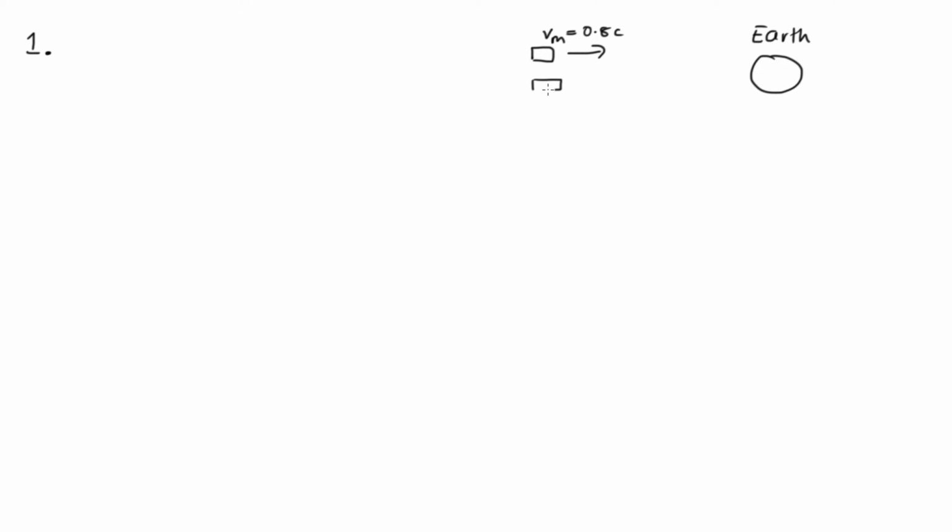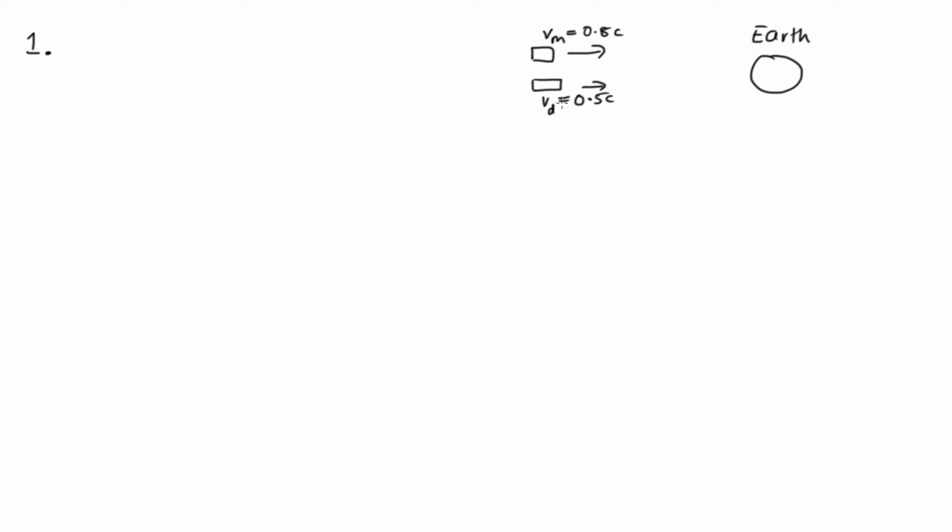And then we've got another telegram coming from Dad. So let's let it have speed Vd, and that is equal to 0.5 c, and it is also traveling towards the Earth from the same direction. And what we want to know is what would be the velocity of Dad's telegram as measured from Mum's. So we actually want to transfer ourselves from the Earth's frame of reference to Mum's frame of reference and then